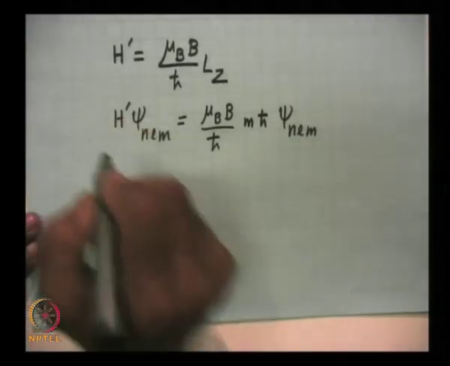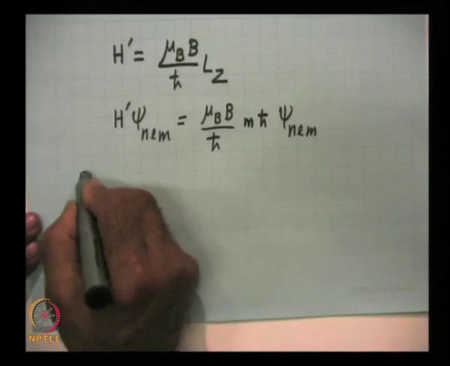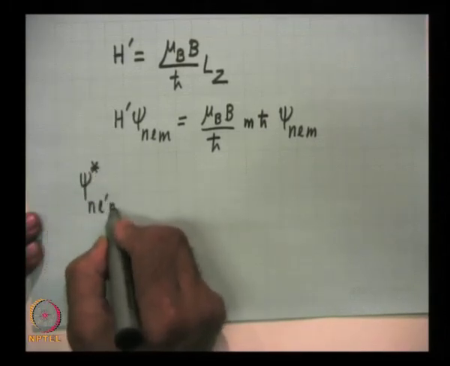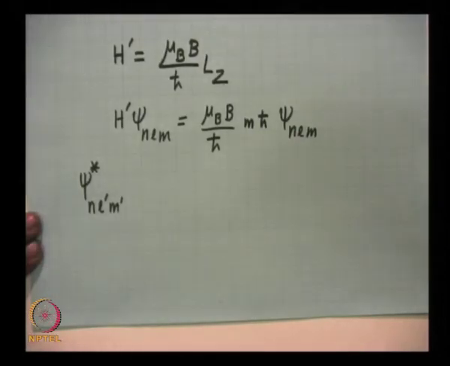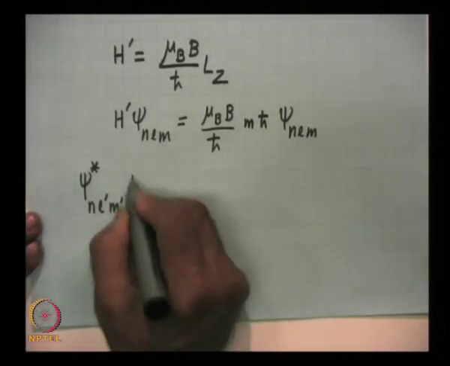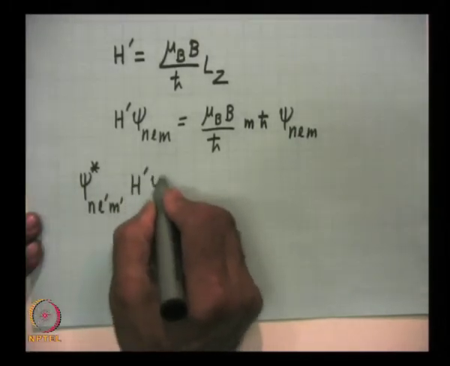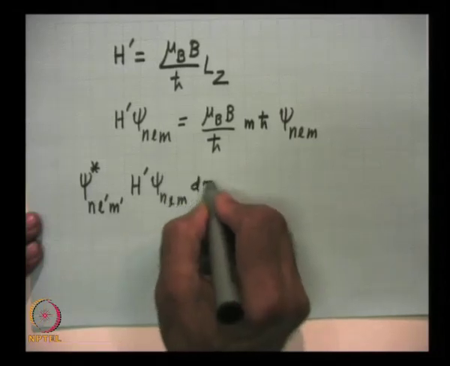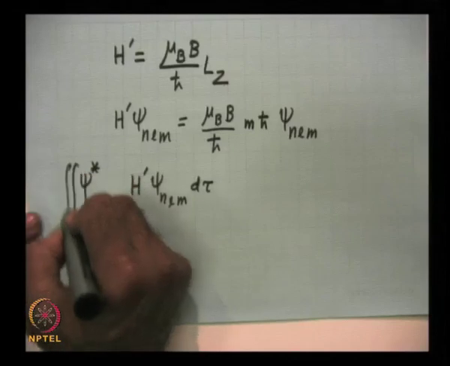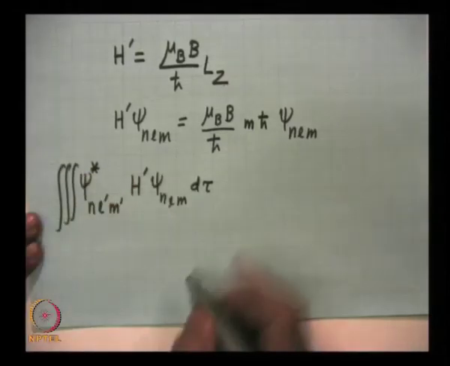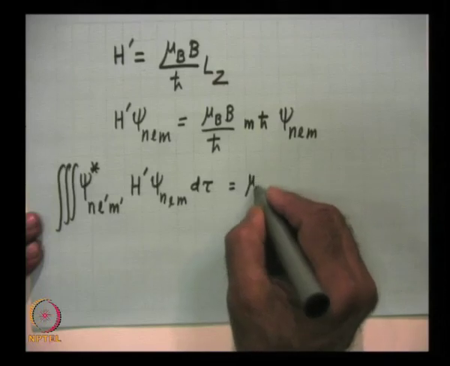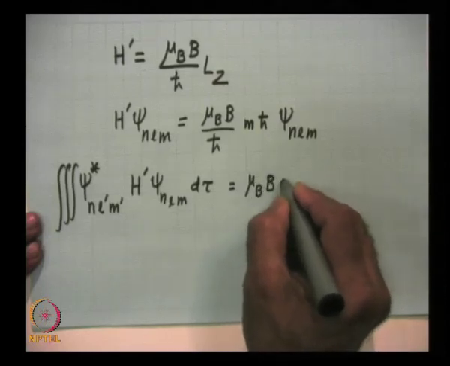And if I now multiply by ψ star, same value of n, but different values l prime and m prime, and integrate H prime ψnlm dτ, which is a 3-dimensional integral, this will be μB B times m,